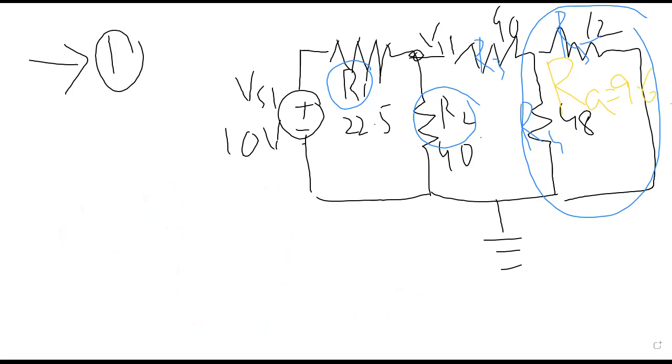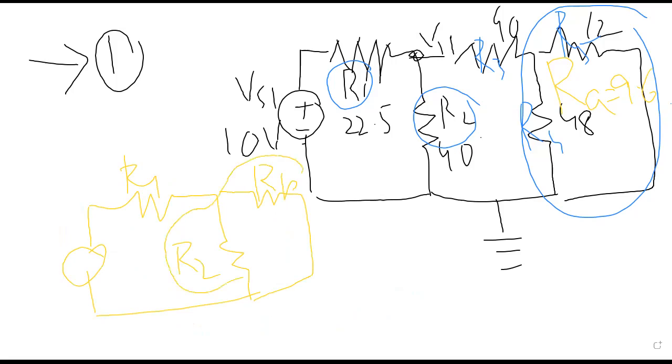Now I am here. This is my voltage source. This is my R1. This is my R2. And here it comes, this is my RB. This is the junction where the resistance R1 is split into R2 and RB. So we have to take R2 parallel to RB using the potential divider.